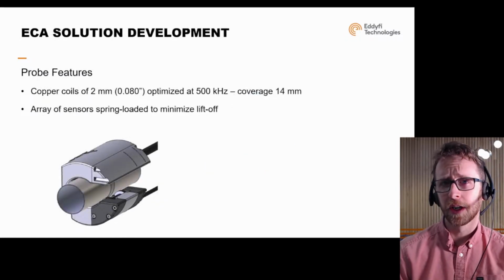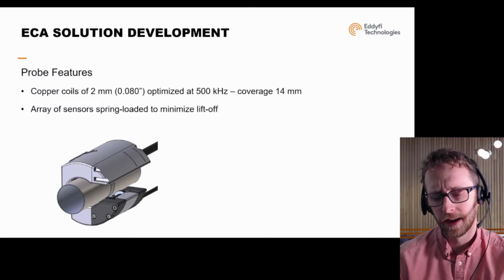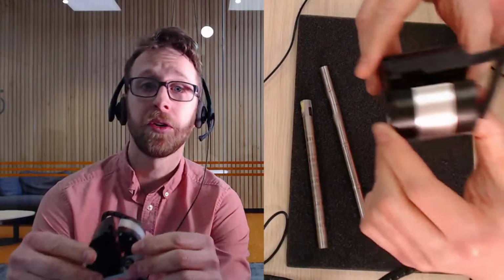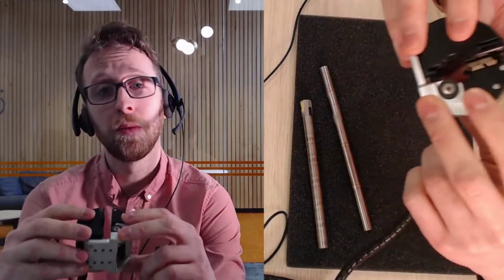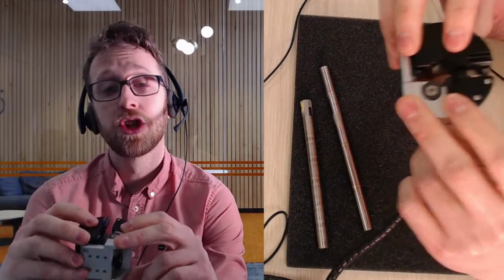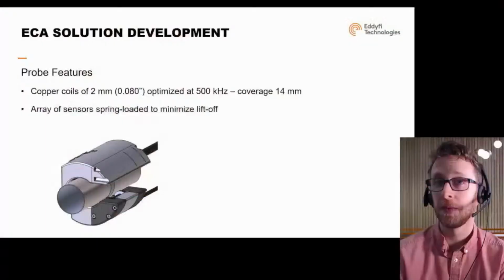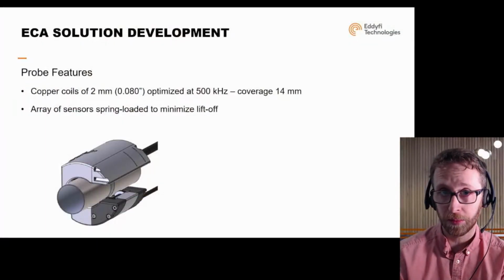Now let's look a little bit more in detail inside this probe and what are its features. So first of all, eddy current wise, it uses 2 millimeter coils in short double driver topology. This is very good and optimized for surface breaking detection. The only probe in their standard catalog that does not use a 2 millimeter coil for the orbital weld probes